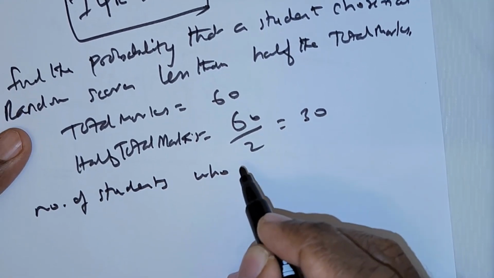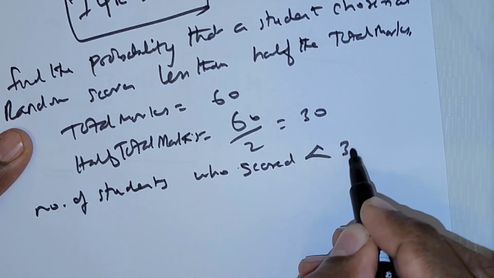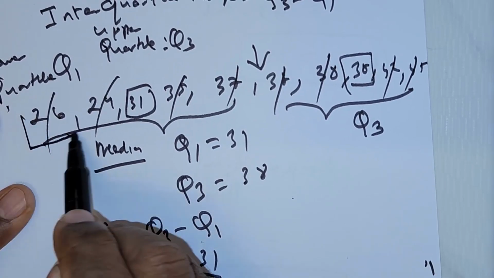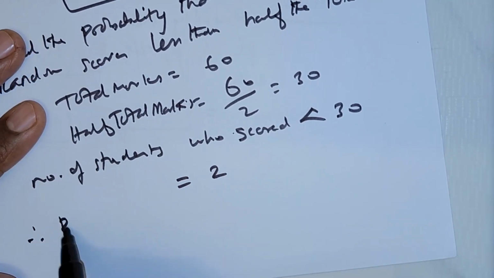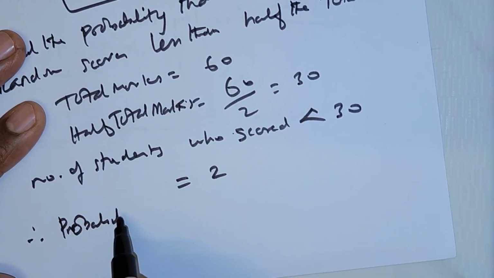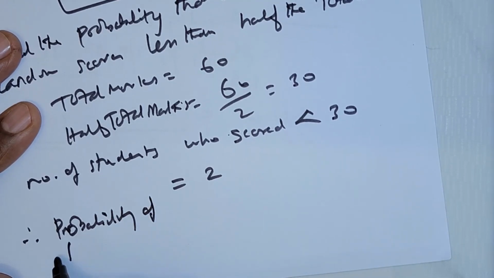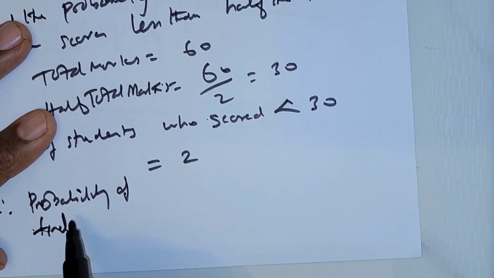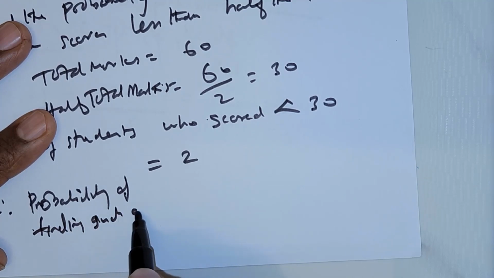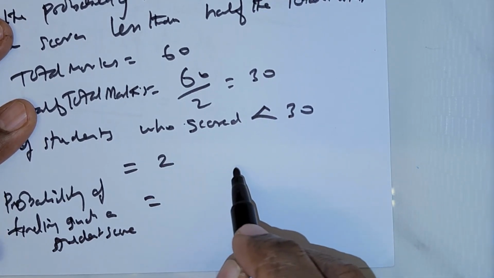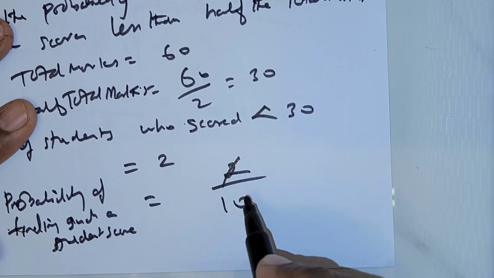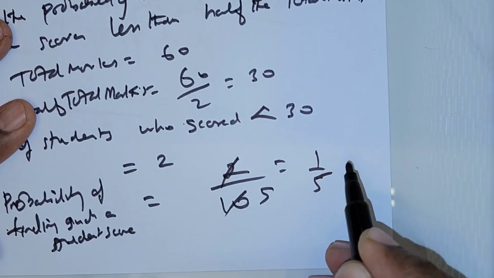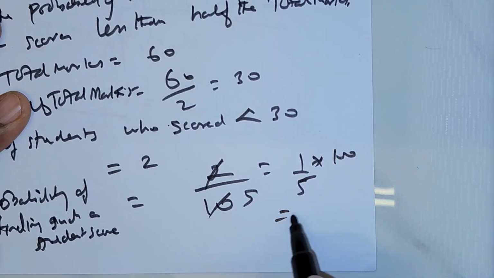So number of students who scored less than 30. How many are there? We have only 26 and 29, which is just 2. So therefore the probability of finding such a student score is nothing but the favorable case is 2. Right, what are the total number of students? They are 10. So 2 divides here, 5 times is 1 over 5. We multiply with 100, you get 20%